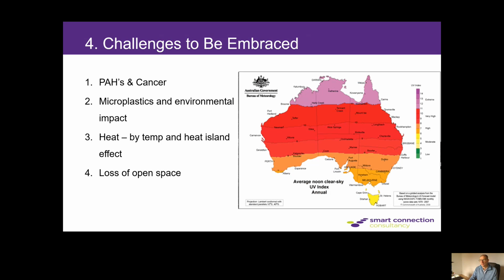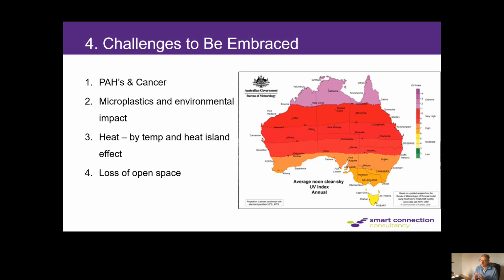Now we know heat and the UV radiation is significantly higher in Australia than the majority of the rest of the world. And the more north we go, the harsher it is. So we identify UV as both a heat issue and also it breaks down the design and the makeup of the yarn. So what we do is we are constantly asking for higher UV stabilization within the yarn, and we're also looking at how heat can be used, and we're using the FIFA heat index for the field,